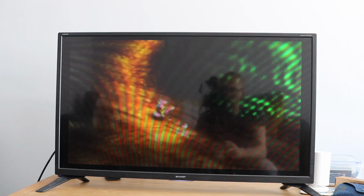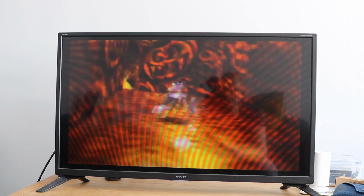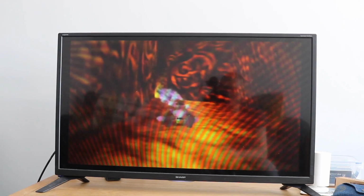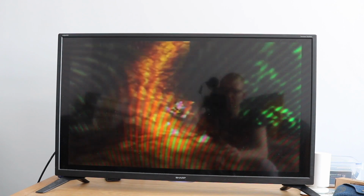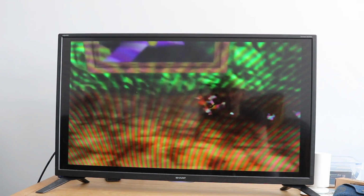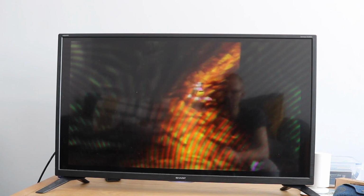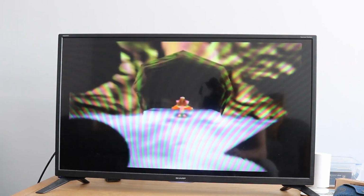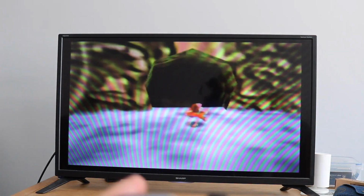I can't get over how good the joystick is. It is so good. One of the things about the Nintendo 64 was the joystick. I don't want to sound like I'm razzing on the Nintendo 64 controller because I love it. I know it's a retro controller, a console that's decades old, and it was one of the first consoles to bring the joystick into play, but the joystick on this is just so...